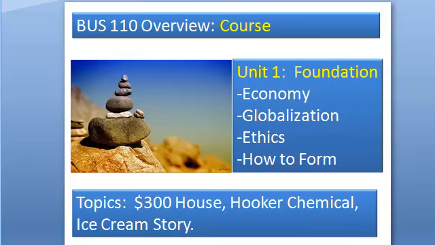We'll go through 5 units. Unit number 1 will be a lot of foundation. We'll talk about economics, globalization. We'll talk about a little ethics. We'll try, particularly for the seated classes, to talk about some interesting topics like Hooker Chemical, $300 house. But Unit 1 will all be about a foundation, and there'll be a unit test for each one